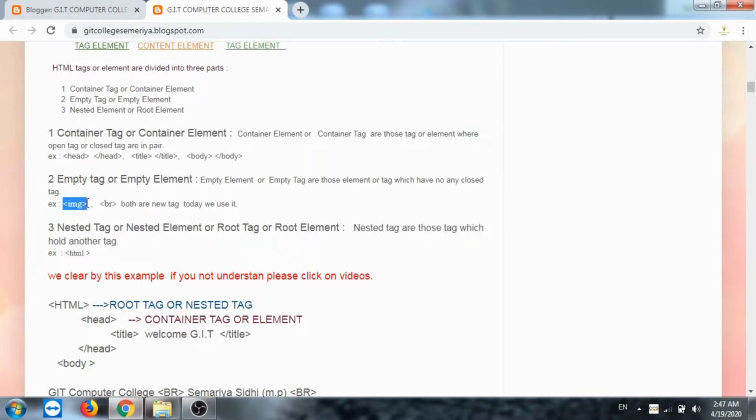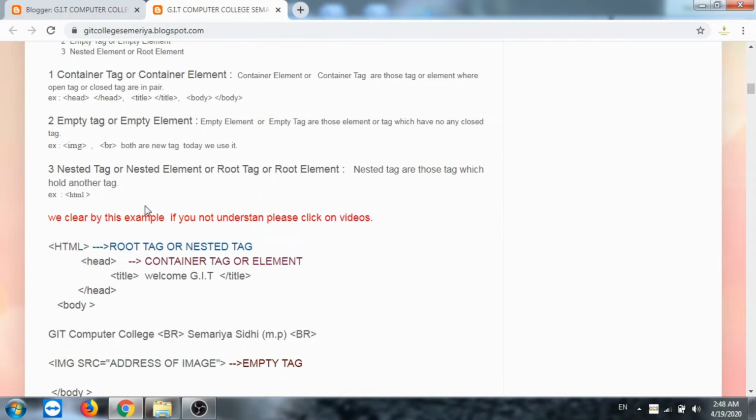With the help of the image tag we can set an image on our web page, and with the help of the break line we can break our line. Suppose this is written here, if you want to break from here, we use this BR tag. I will show all those things practically, and you will get more clarity.